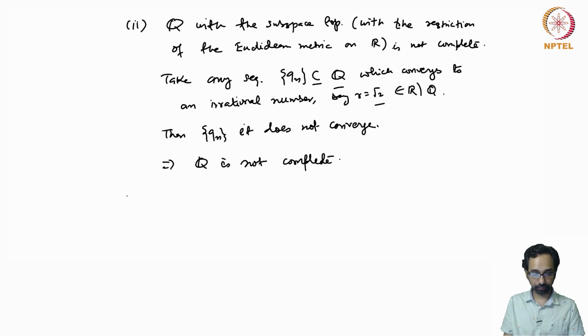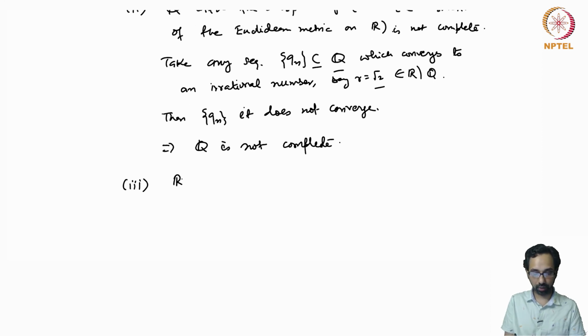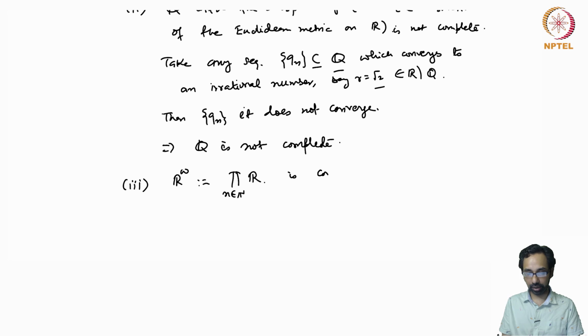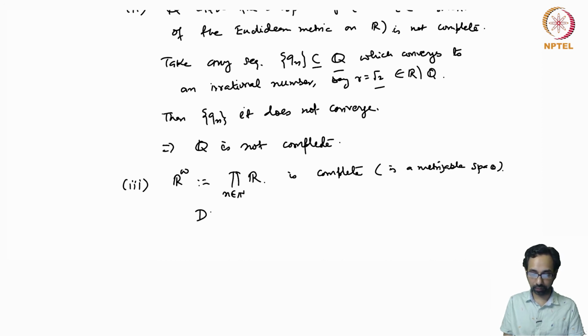Another example is R omega. So this is, as you remember, the infinite countable product of copies of R. This is complete. So first of all, we have seen that this is a metrizable space. And this is complete in the metric that you define for this metrizability. So in fact, one of the metrics that one can define is